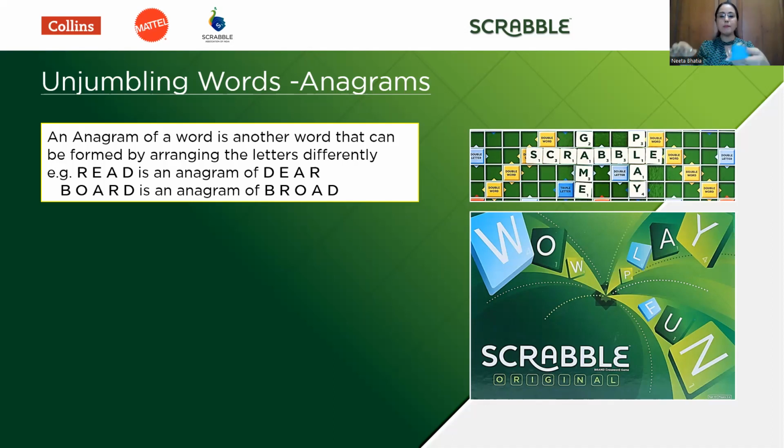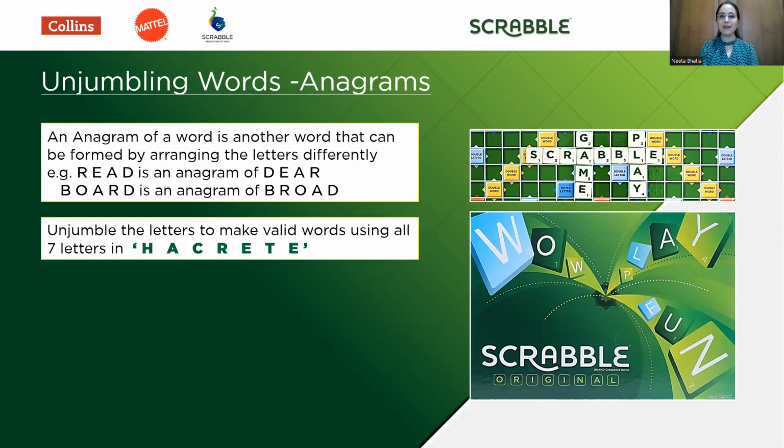we could make the simple word of parties. Not only parties, we could even make another simple word, which is pirates. Apart from these two, there are various other bingos you can make from these same set of 7 tiles, and we encourage you to go look at those. But for now, let's try and unjumble the letters